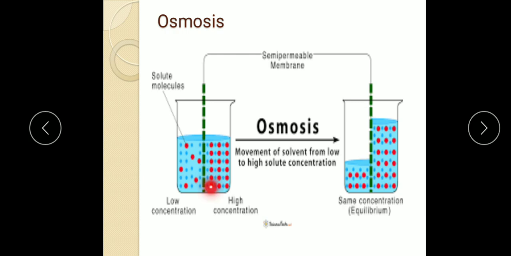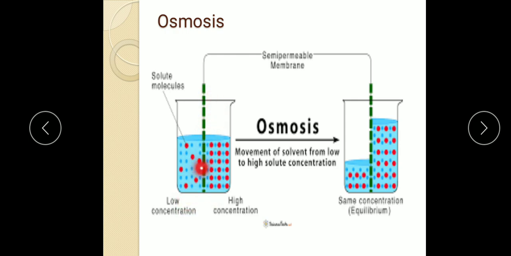This definition also you underline in your book. What is a semi-permeable membrane? A semi-permeable membrane is a thin membrane that allows the movement of selected molecules. Means all molecules cannot pass through it, only the selected ones. That is why it is known as the selectively permeable membrane, also semi-permeable. And in plants, the plasma membrane, known as the cell membrane, is the selectively permeable membrane. So what is osmosis? Osmosis is the movement of water through a semi-permeable membrane.